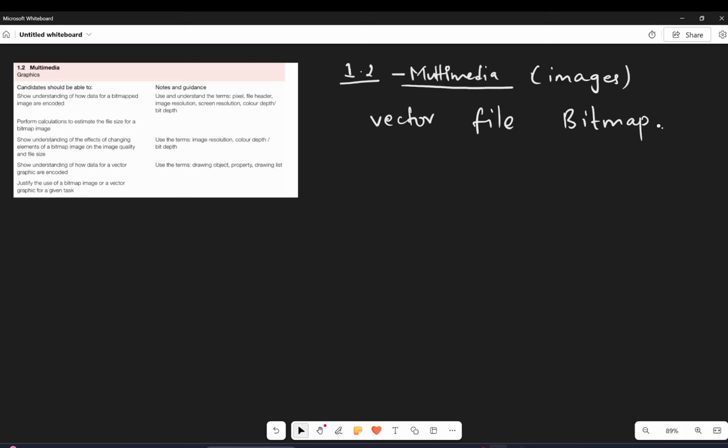right? So the syllabus demands candidates should be able to show understanding of how data for bitmap images are encoded, use and understand the terms pixel, file header, image resolution, screen resolution, color depth, bit depth, and perform calculations to estimate the file size for a bitmap image. Also the understanding of effects of changing elements of a bitmap image on the image quality and file size, using the terms image resolution, color depth, and bit depth. Okay, let's start with bitmap